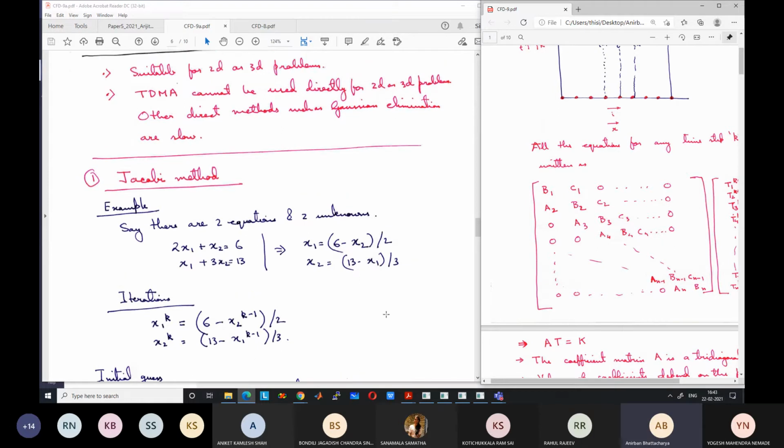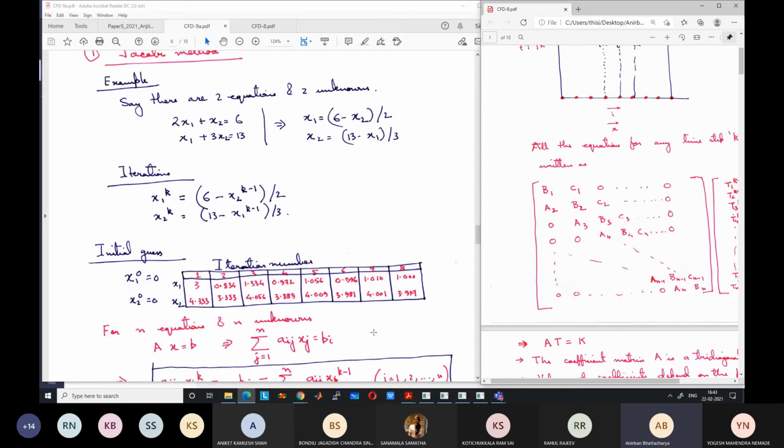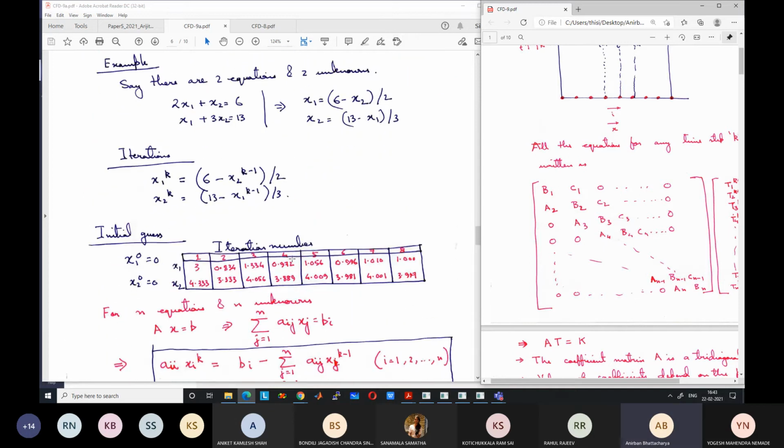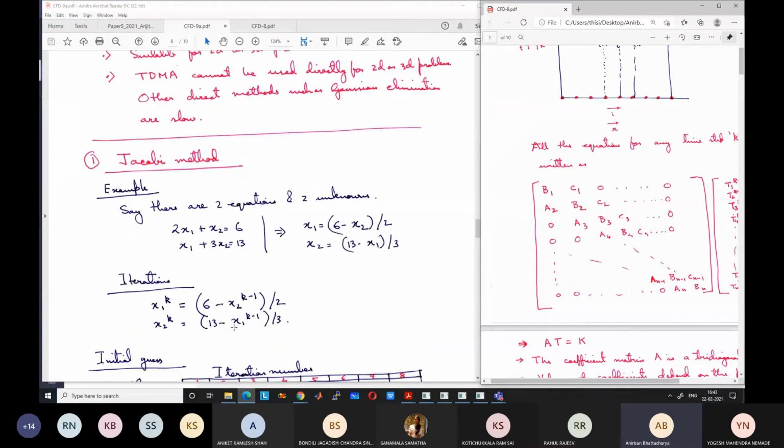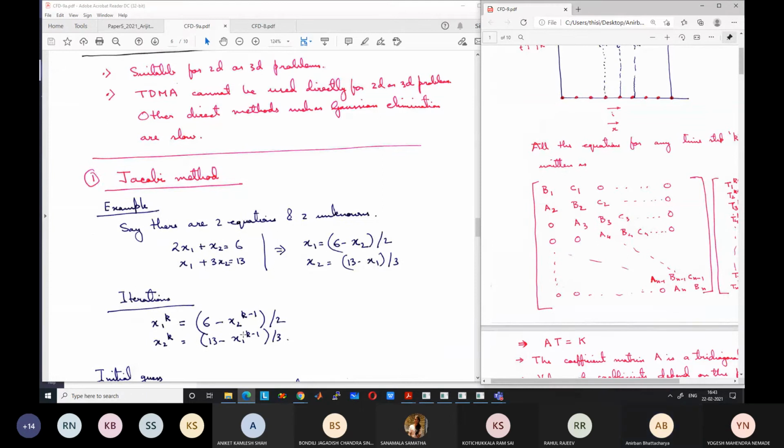I was hiding it just to see whether you are able to explain. Okay. So I will show you this example itself for this case. Now the question becomes, already I have shown it to you. How will you start the calculation? For k equal to 1, what will be the k minus 1 values? Somewhere you have to start, right? For k equal to 1, what will be the k minus 1 values? First iteration. What will you use as x2 and x1?